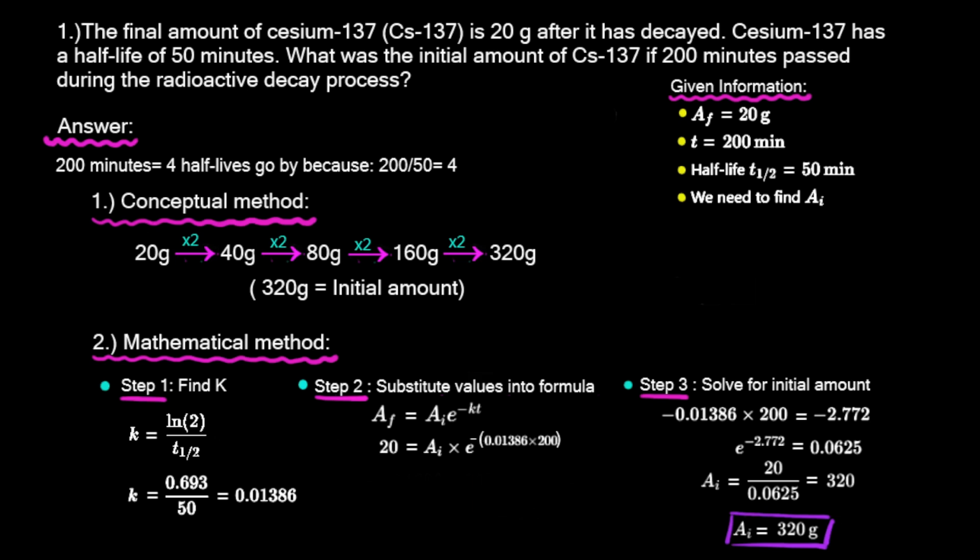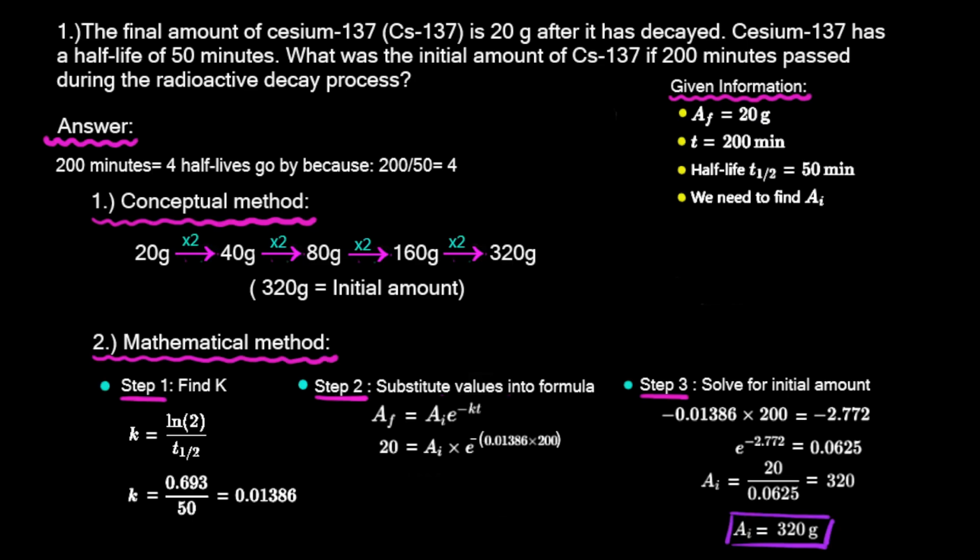Now we can also use the mathematical method to solve this question as shown at the bottom of the slide. We need to use the decay formula to get the initial amount. Before we can use the formula, we need to find K in step number 1. The formula for K is equal to ln2 divided by T1/2, or the half-life. We know that ln2 is equal to 0.693 and the half-life is 50 minutes. So K is equal to 0.693 divided by 50, and that gives us a value of